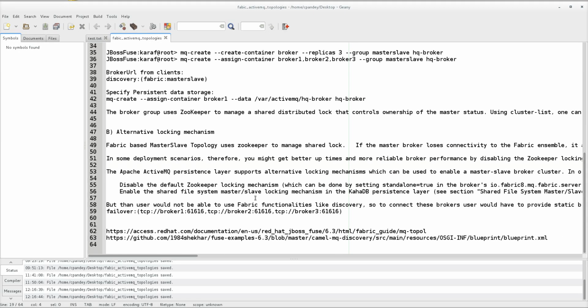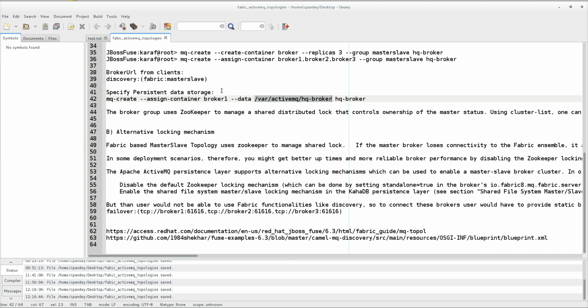We are going to use this. This way we should provide a persistent data storage. Since it is my local system I can provide this, but in a production scenario it should be a shared file system like NFSv4 or GFS or something like that.